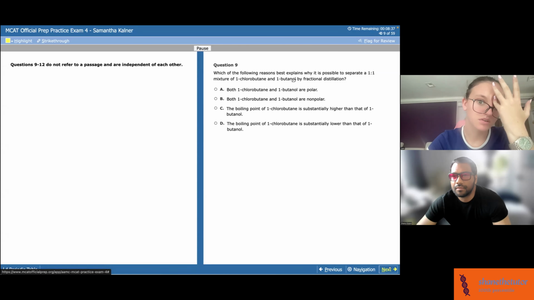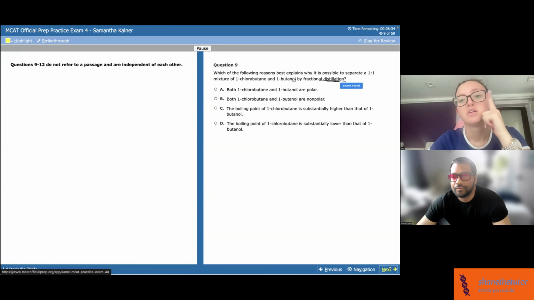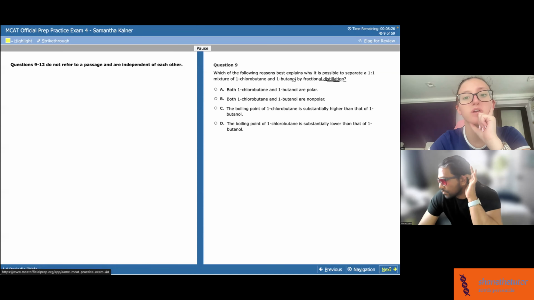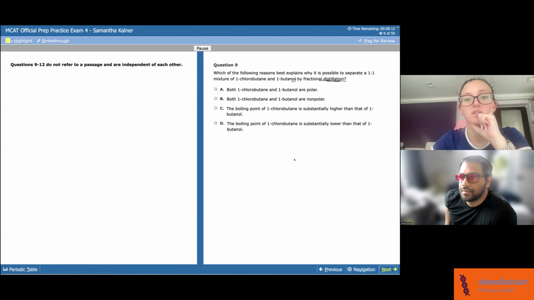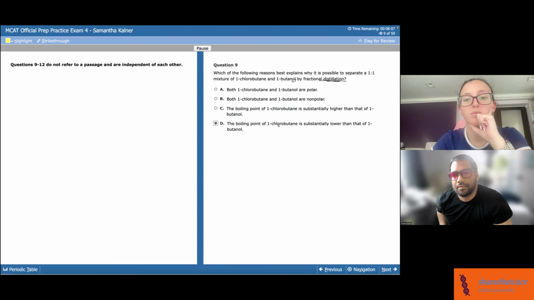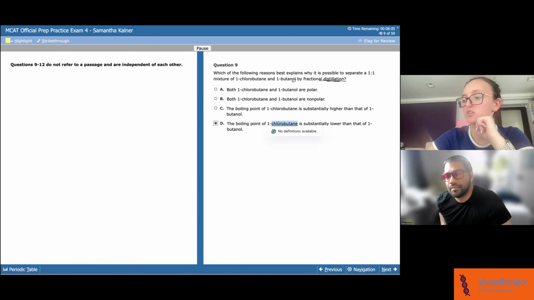How does distillation work? Fractional. Okay, I'm thinking distillation. You boil things, you heat them up and it creates a different kind of solution. So then one has to be higher than the other. Think about the structure of butanol versus chlorobutane. I don't know the structures of these things though. I think you could have a good idea, right? Ethanol is,